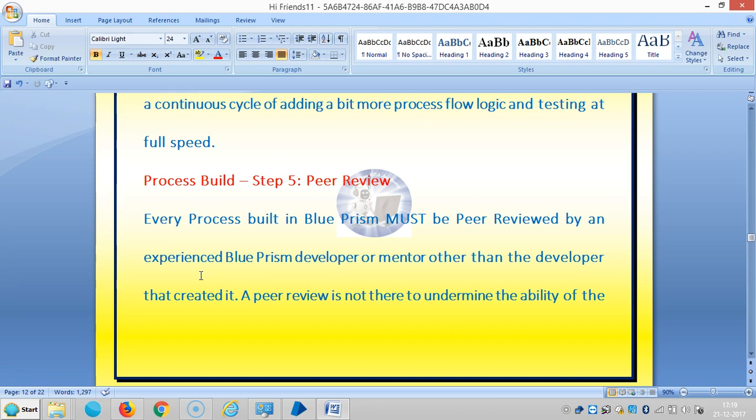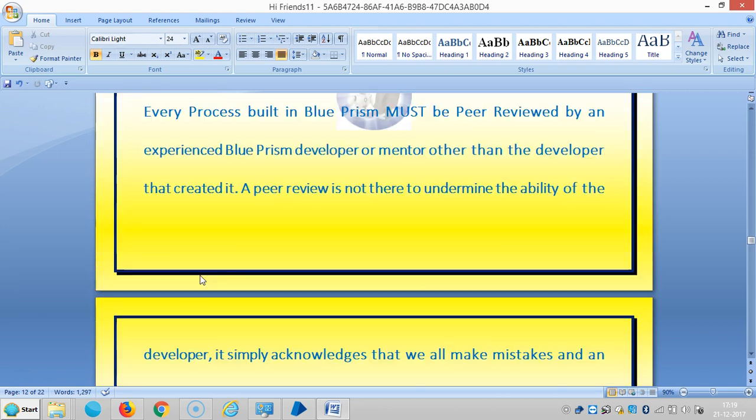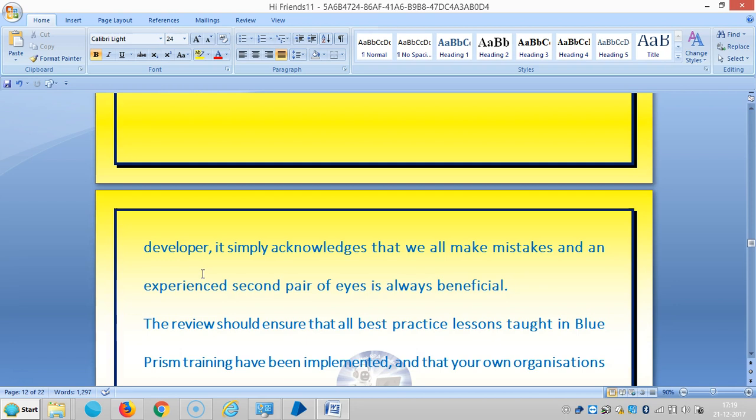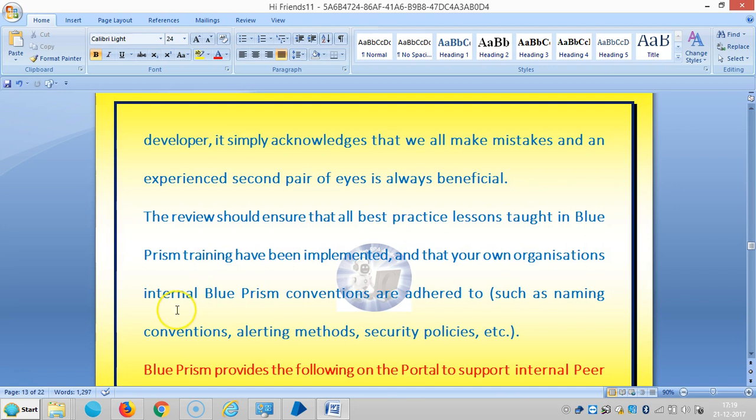A peer review is not there to undermine the ability of the developer. It simply acknowledges that we all make mistakes, and an experienced second pair of eyes is always beneficial. The reviews should ensure that all best practice lessons taught in Blue Prism training have been implemented,